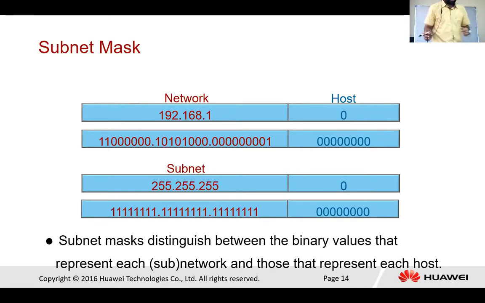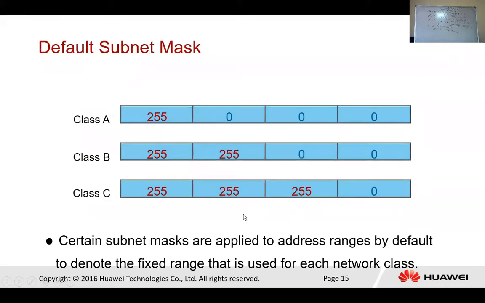As shown in the PPT, this tells you that the IP address belongs to class C, because the first octet value starts from 192. So this class is class C, and the default subnet mask is 255.255.255.0. We already learned about the default subnet mask.